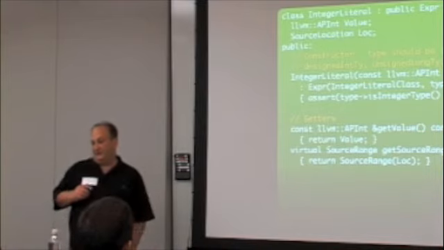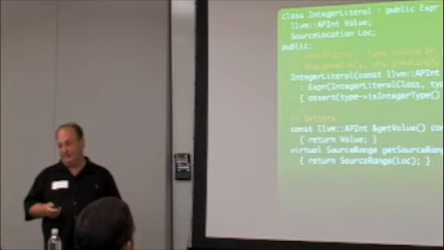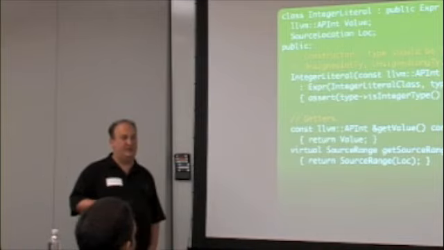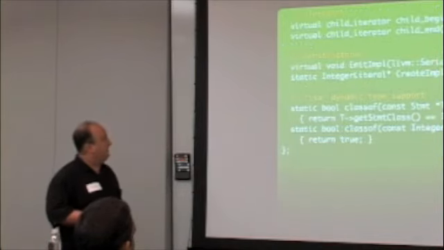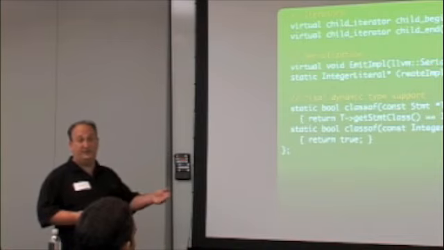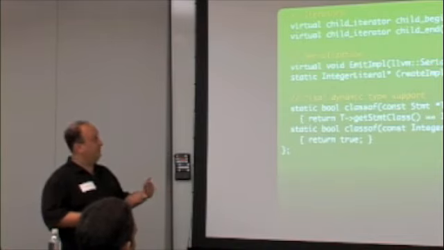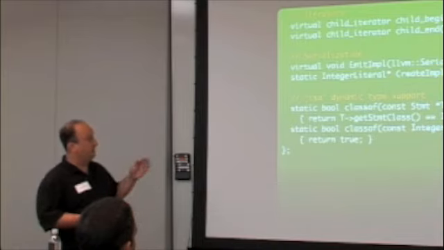The integer literal class is here just to show you a simple class. It leverages the arbitrary precision integer in LLVM. There's a constructor, there are getters, very straightforward. It does an assert in the constructor to make sure the type is correct. And here are iterators, serialization, and dynamic type support. The serialization are the hooks that write the object to disk and read it. Iterators should be obvious; I'll give you an example in a minute. And the dynamic type support, these are hooks that